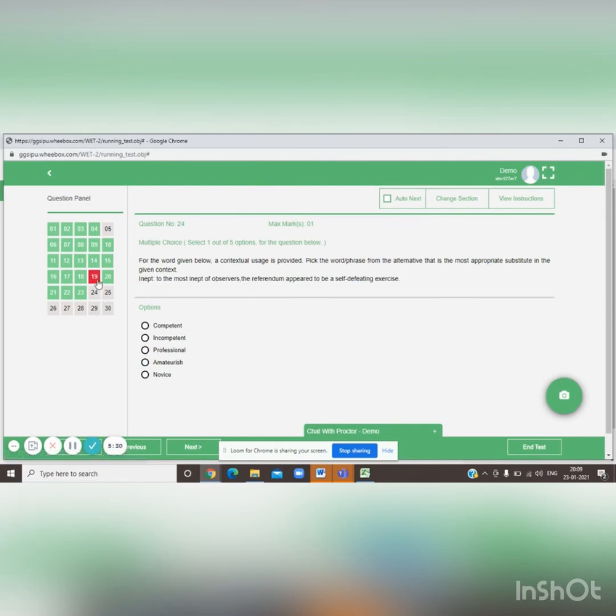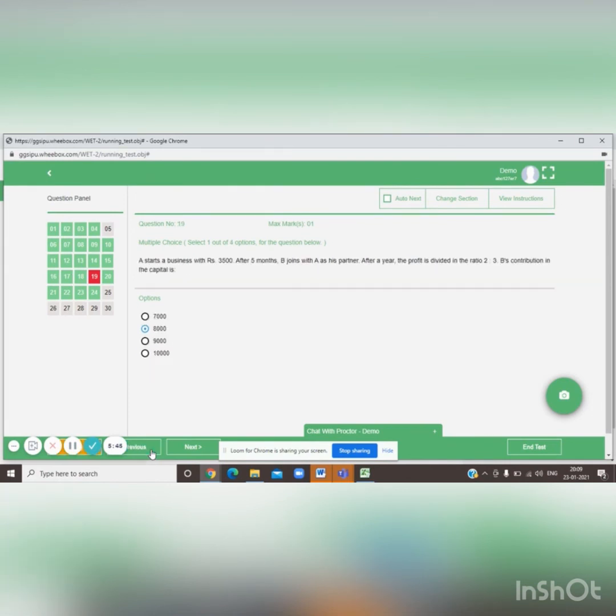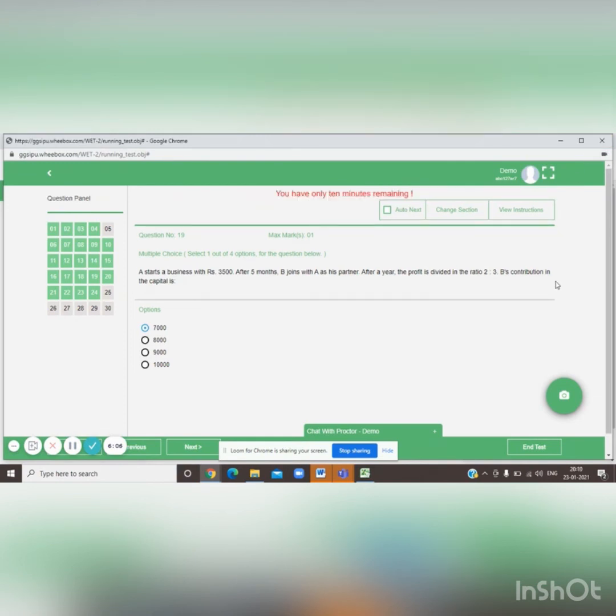I click on question 19, which was flagged, and now you need to unflag it. So you have the feasibility of going back to the question, and this was flagged. I change my option, and now I click on unflag. Once done, you need to end the test. In case you have finished your question paper, you can end the test. Please make sure not to close the tab. Instead, just end the test.